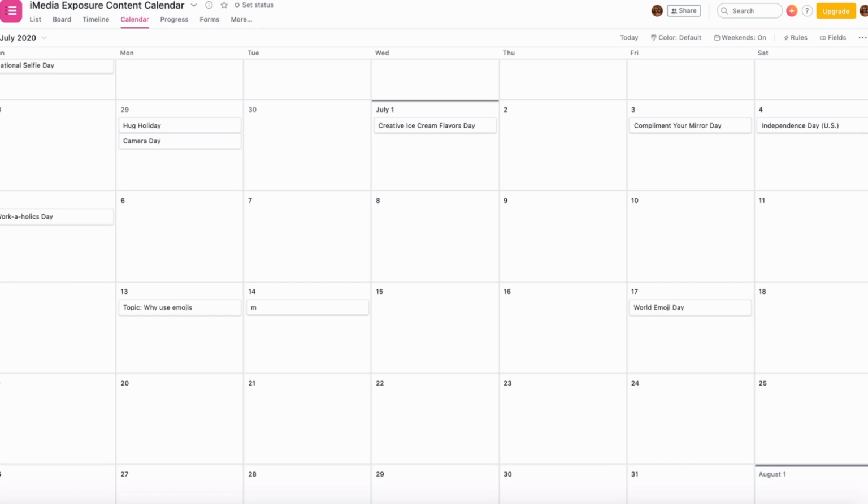Meaning of emojis, where to use them, email subject lines, ends of posts, comments when engaging. So these are the different topics that we're going to talk about, and then our favorite emoji.